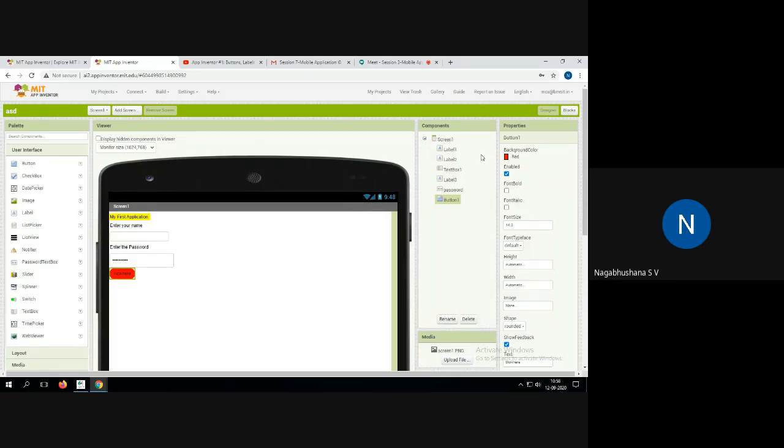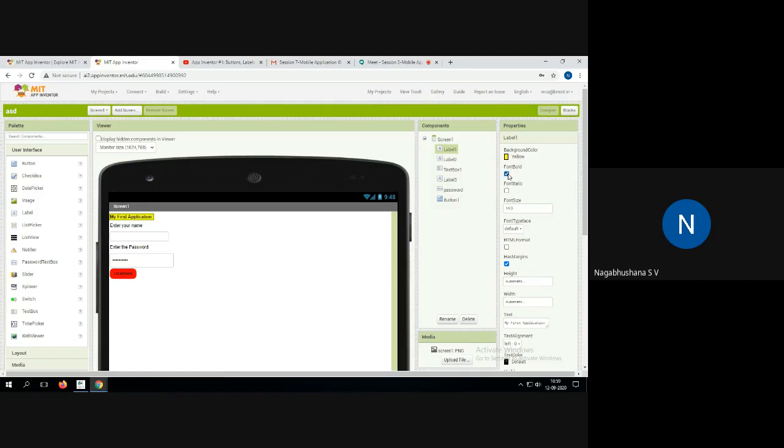The second option is enable. Suppose the user does not want to do any kind of operations on that, then I can disable it. That means nothing is going to work. Next, if I want to make something font bold, you can see the difference. Without using font bold, it looks very dull, and if I click on font bold, you can see it is very bold.